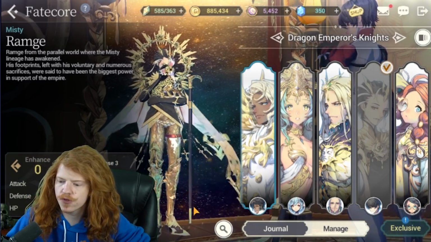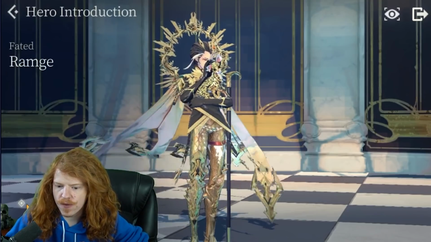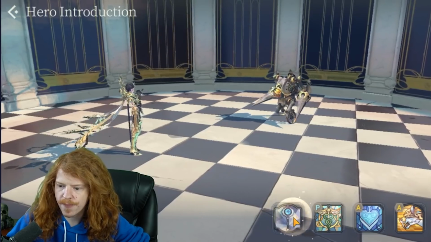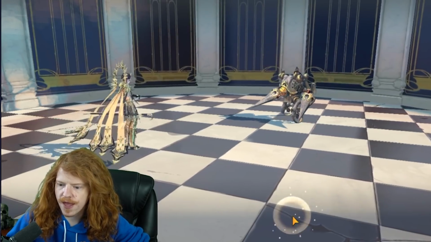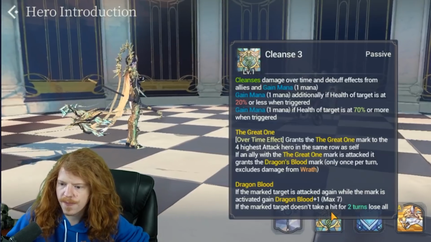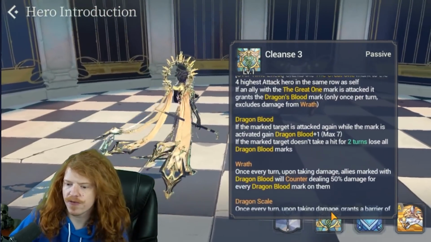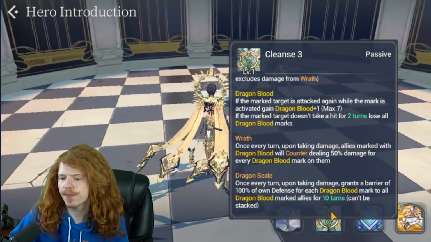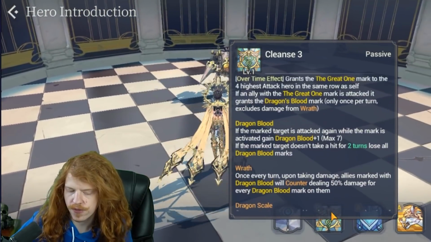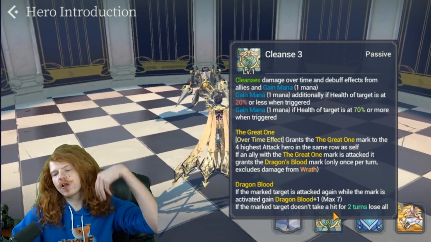So without further ado, the first thing I want to do here is actually take a look and just see what the skill previews are. So the passive here is just a basic attack. Let's see what it looks like. Kind of cool animation. The passive here cleanses damage over time. Okay, so it's a cleanse passive, and then he has the standard Dragon Emperor Knight passive of Dragon Cell, Wrath, etc. If you don't know what the cleanse passive does, essentially it's going to cleanse all your damage over time